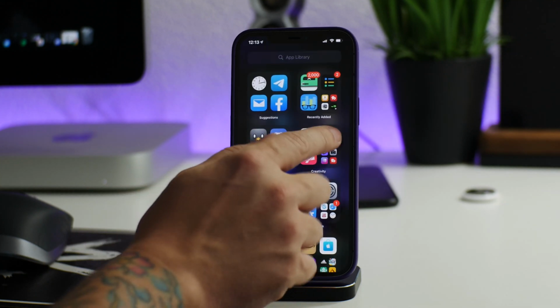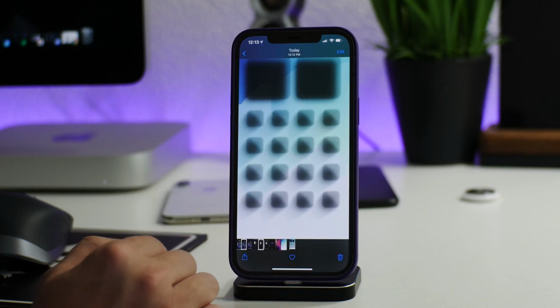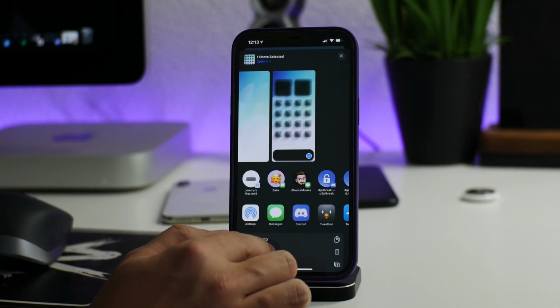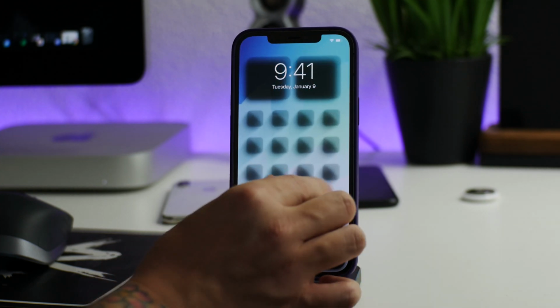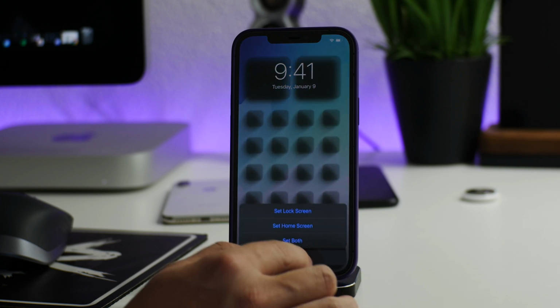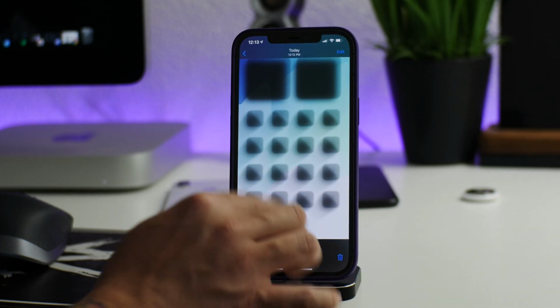Now when I go out and go back into my photos, you guys can see there it is with the shadows. So I'm just going to use as wallpaper. Make sure you pinch it so that it all lines up. I'm going to set for my home screen. And now when I exit,